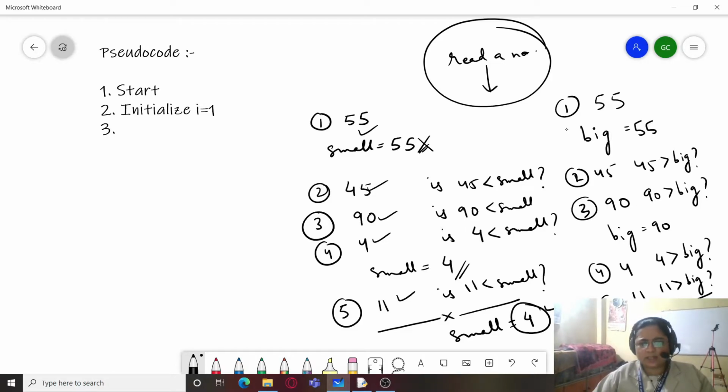It is just like some students are made to stand in a line in any random order, and the teacher picks up the first student. The first student is compared with the second student. The teacher wants to find out the student whose height is the smallest, the shortest person.